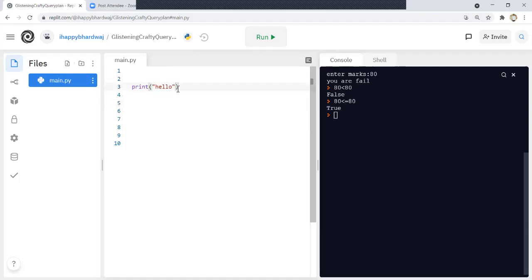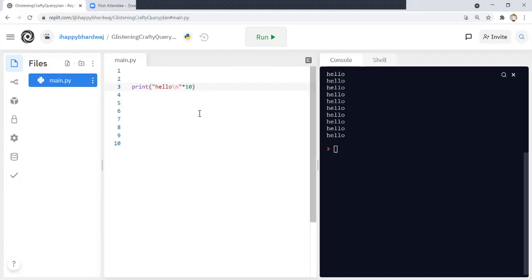One method is that you can use multiplied by 10. For a simple string, you can find such a solution. If you want to print hello 10 times, you can use a slash n every time, and if you try running this code, it will print hello 10 times, every time in a new line.